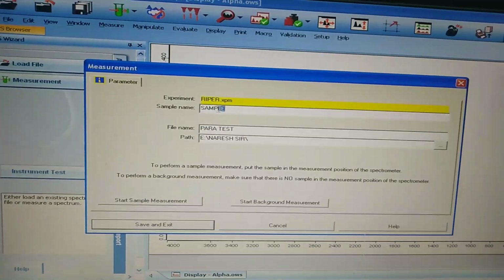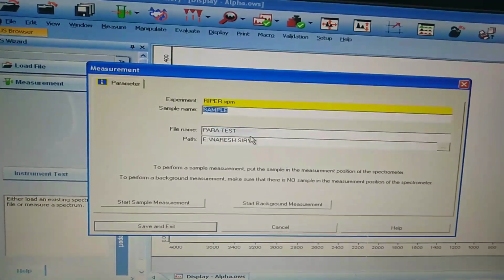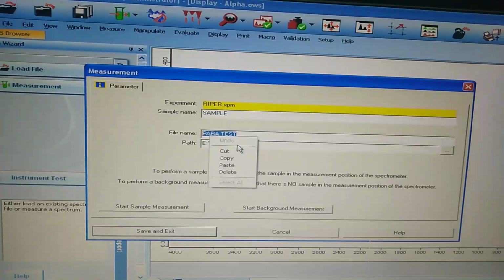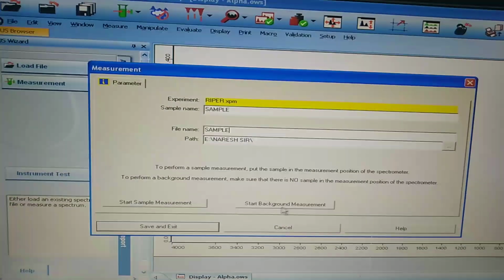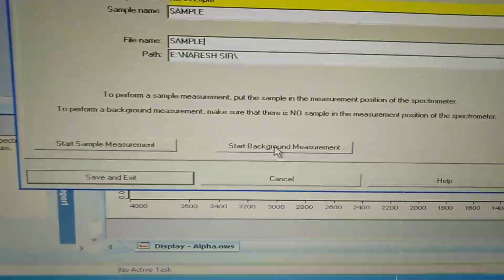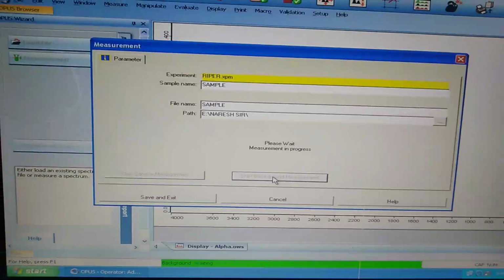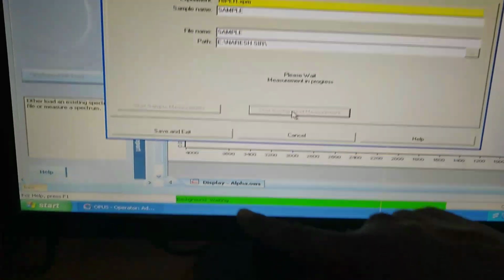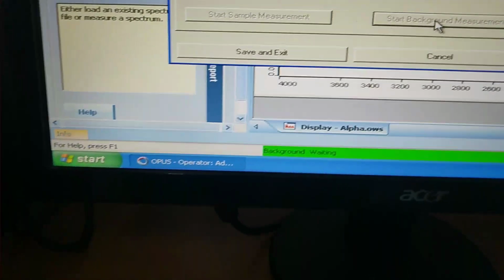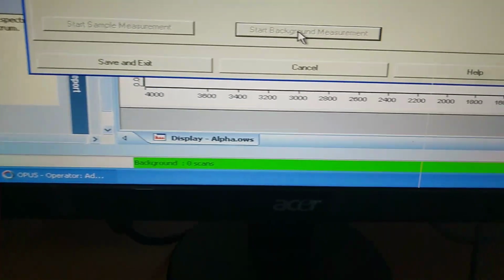Likewise enter the file name. Then enter the path where it should be saved. Then start the background measurement with a plain KBr pellet without sample.